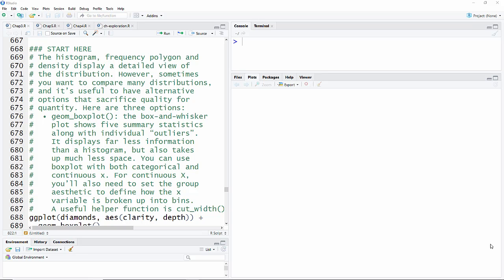So here we are. We're going to finish up Chapter 3 Toolbox, and we're on page 68 of the textbook in case you want to know. So we're talking about displaying detailed views of distributions. You can do that with the histogram and the frequency polygon,